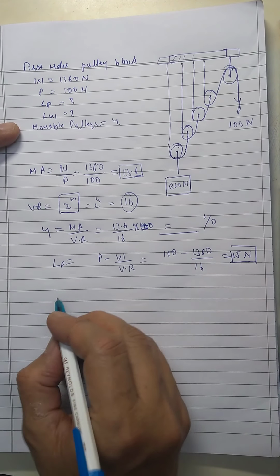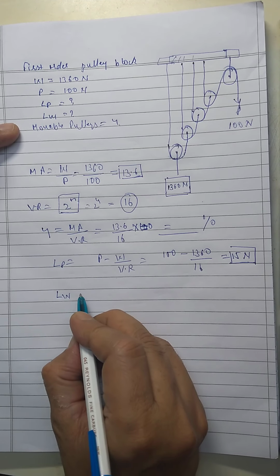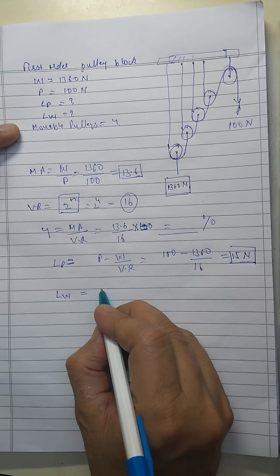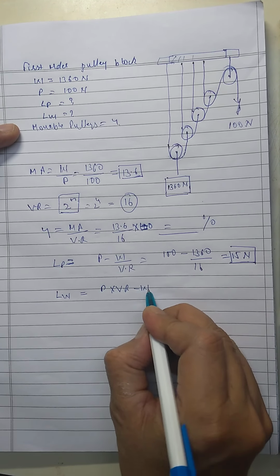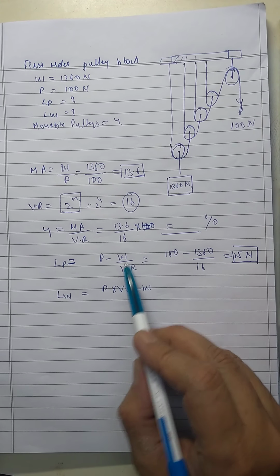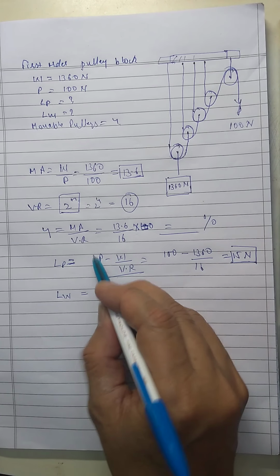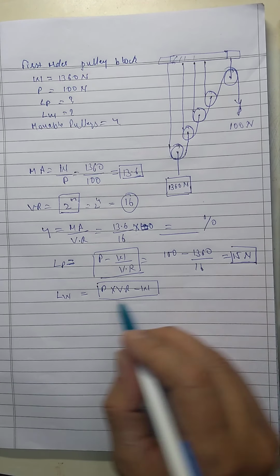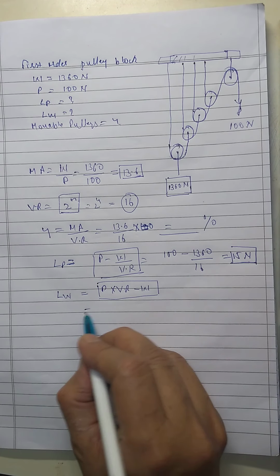Now coming to weight loss, LW. So LW is equal to P into VR minus W. I have told you, you have to learn these two formulas. This is for LP and this is for LW. Okay. So if you put the values in this equation, we get